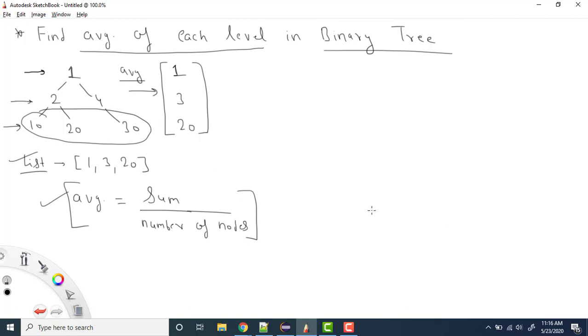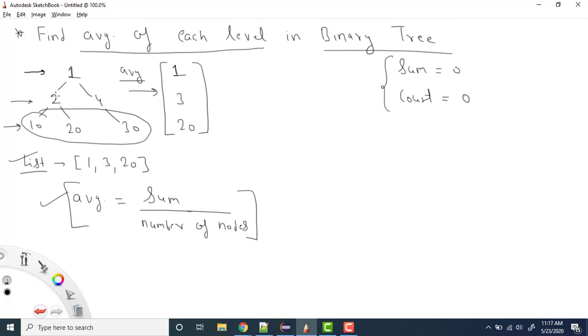So the two important points are the sum and the count. At the starting we can say the sum is 0, and for the count also, how many nodes are present in a particular level. You need to do this for each level, right?